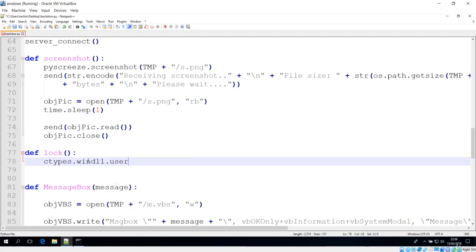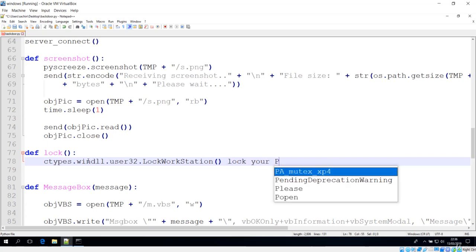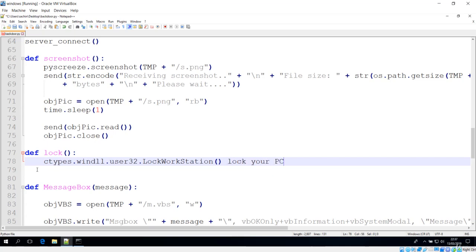Now it is user32, which is the system, and here we have the LockWorkStation method in order to lock your system. This method is going to be executed, and it will lock your PC.